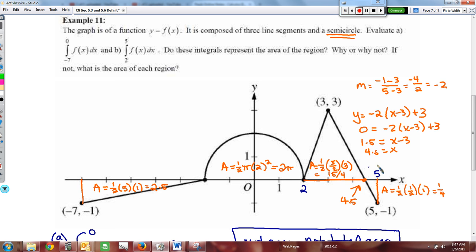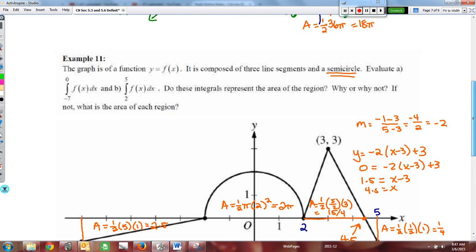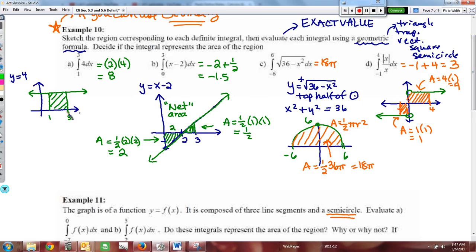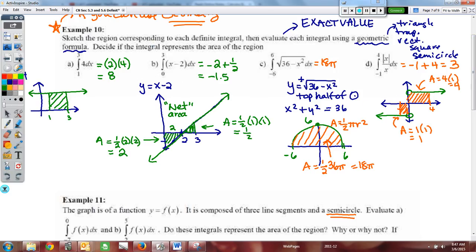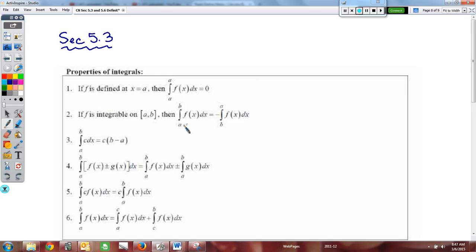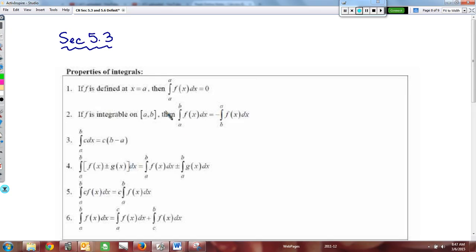to calculate it. Now we want to jot down some very important properties that are going to allow us to manipulate integrals to help us evaluate them as well. Now the first one probably should seem like common sense. If I have a function, and the function has to be defined at a, so any generic function f of x that's defined at a, and I want to calculate the integral from a to a, well,